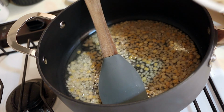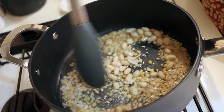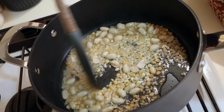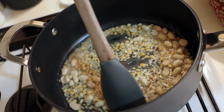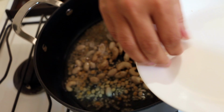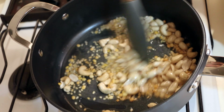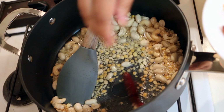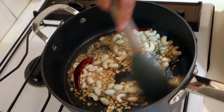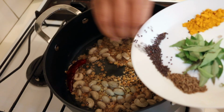Next I'll add in my peanuts. Cook for another minute. Now I'll add in my cashew nuts and cook it for another minute. Next goes in my red chilies. My nuts are almost cooked and now I'll add in my mustard seeds